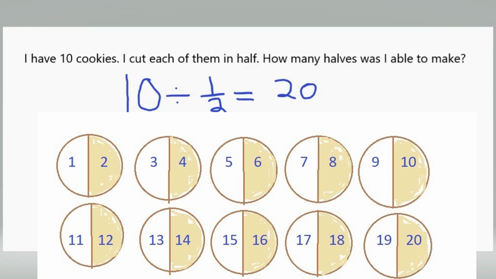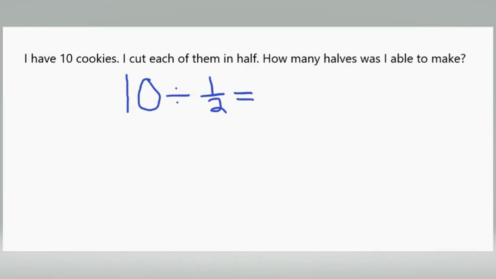There's another way to think about this, or another way to represent this. I'm going to go ahead and show you how to do this with sort of like the standard algorithm of dividing fractions. So let's see here. If I have 10 divided by 1/2, you can always multiply by the inverse, also known as the reciprocal, and that will get you the same answer. So we have 10, and we keep 10 the same. And if we change this division to multiplication and multiply by the inverse, or reciprocal, so instead of 1/2, it's 2/1,